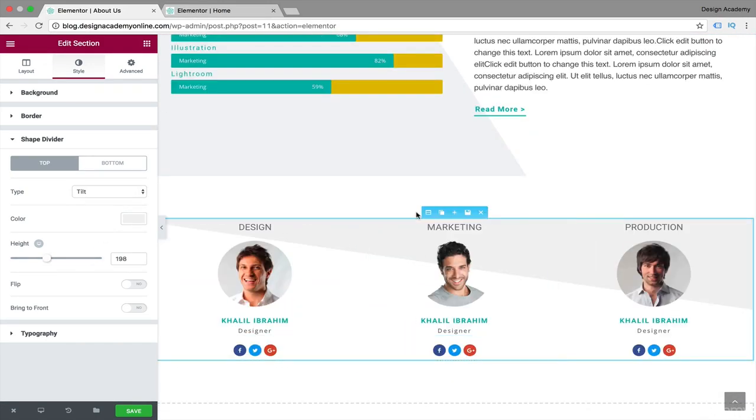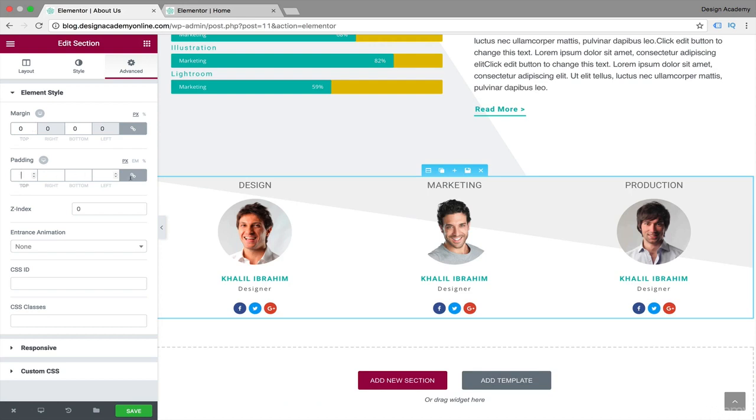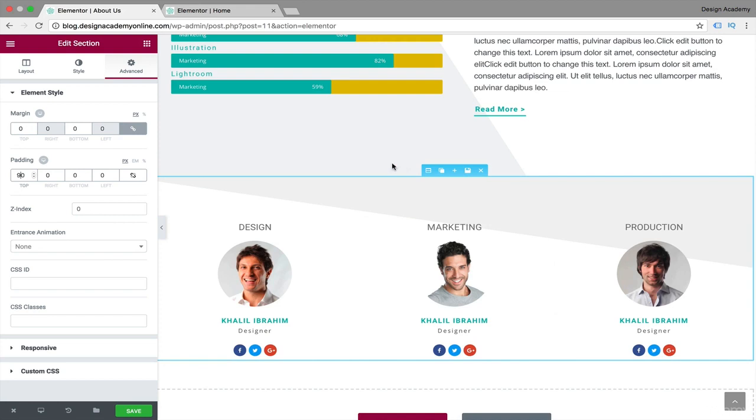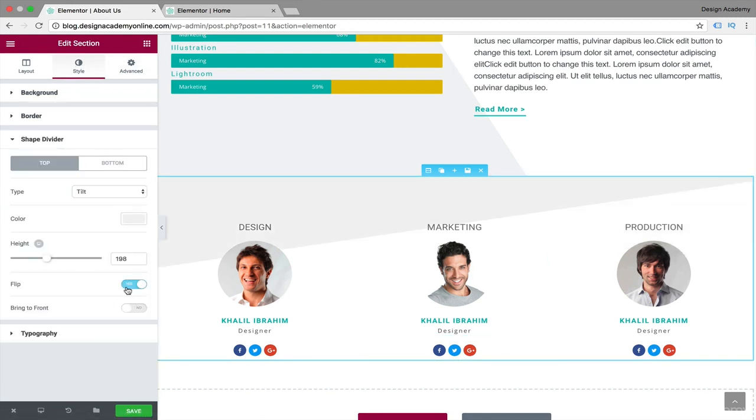And now I wanna get rid of that gap and even do another customization to our background, but let's get rid of that gap by making our margin 0 in here, and I'm gonna increase our padding. Okay, so we're gonna make it on the inside. See, here you can see the difference between margin and padding in a very clear explanation. So let's go back to our section customization for the shape divider. I'm gonna flip it like that,